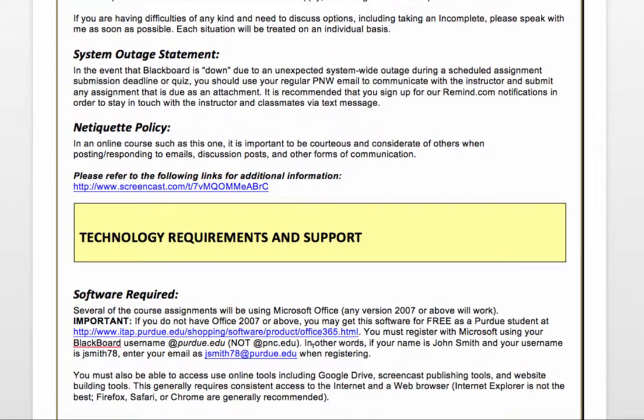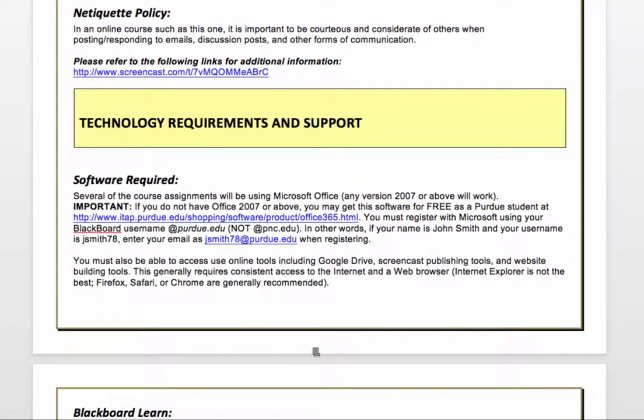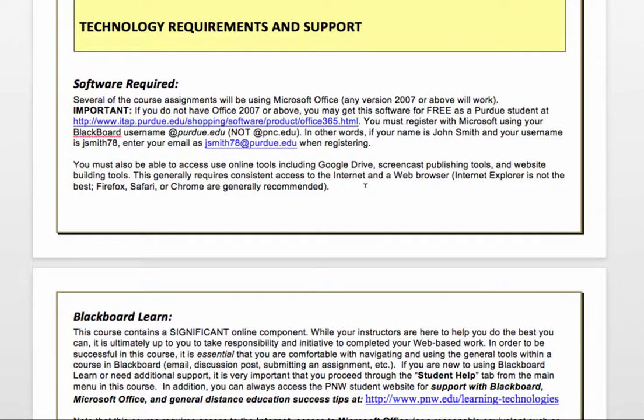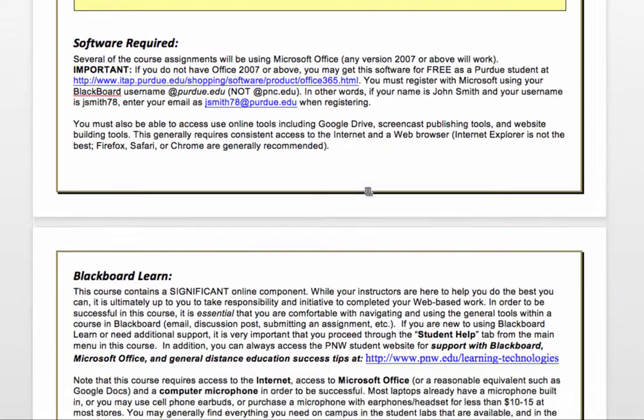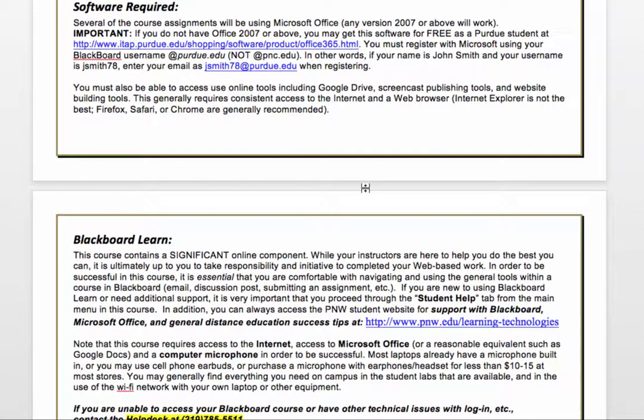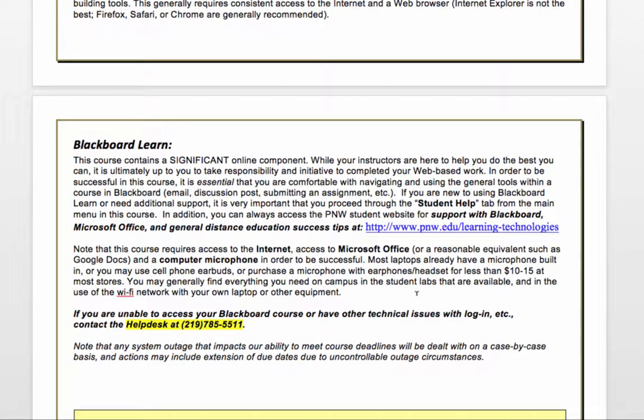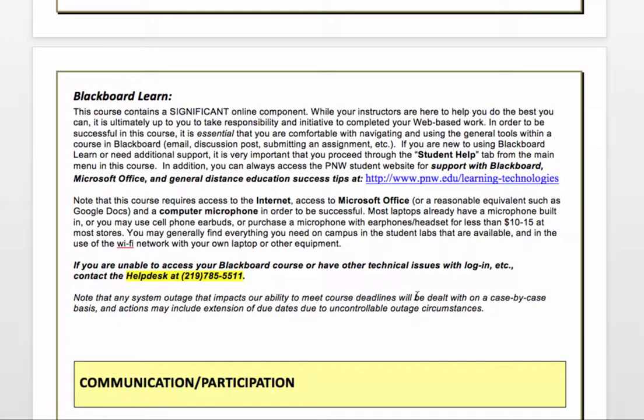Some of this other stuff is fairly standard, but you should certainly read through it. If you need any help for things like how to get Microsoft Office, if you don't have your own copy, we do have Microsoft Office available to us as Purdue students, so you'll want to check that out. Of course, Blackboard is our main teaching tool, and you'll want to be familiar with it.